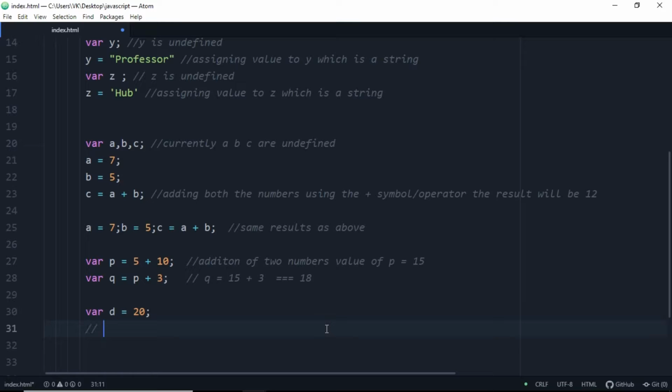Add a semicolon and let's comment it out as variable d is equal to 25. Okay, wait a minute, variable d is equal to 25, this will be not executed.